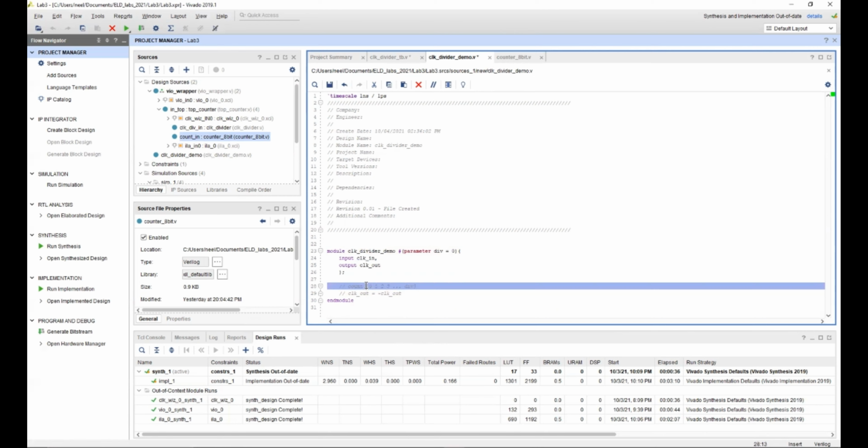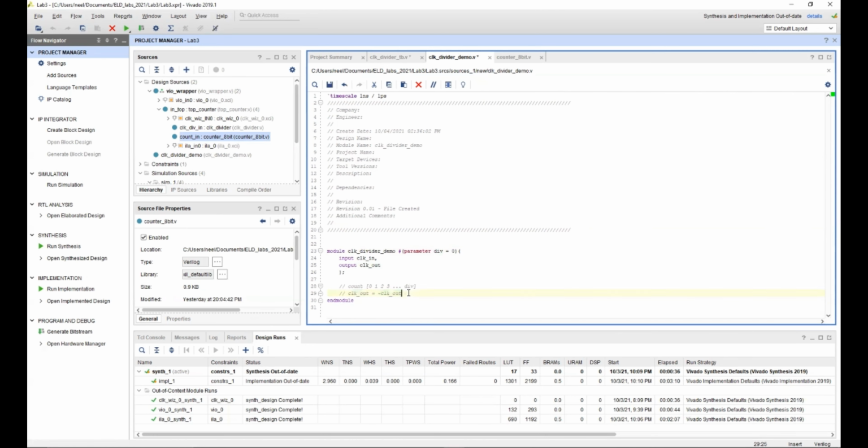We'll start counting till div value, and after we get div value, we'll change the value of clock out to the not of the previous clock out. So the duration in which the count reaches from 0 to div value will be half of the time period of the clock out.